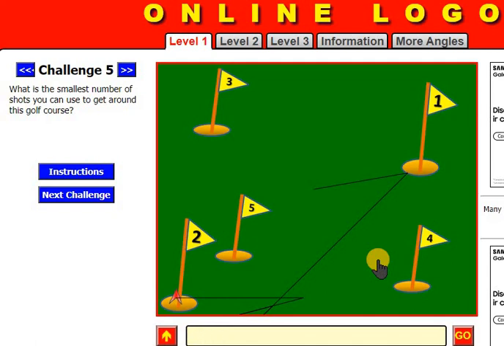RT again 5. Then FD, you can take 40. It is going just beyond the 3, so you can do BK 10. You have reached 3rd, then you need to go to the 4th, so you have to turn the turtle